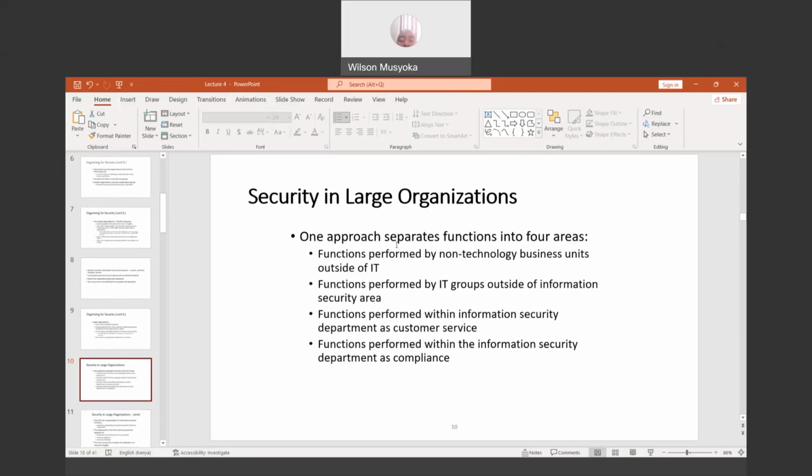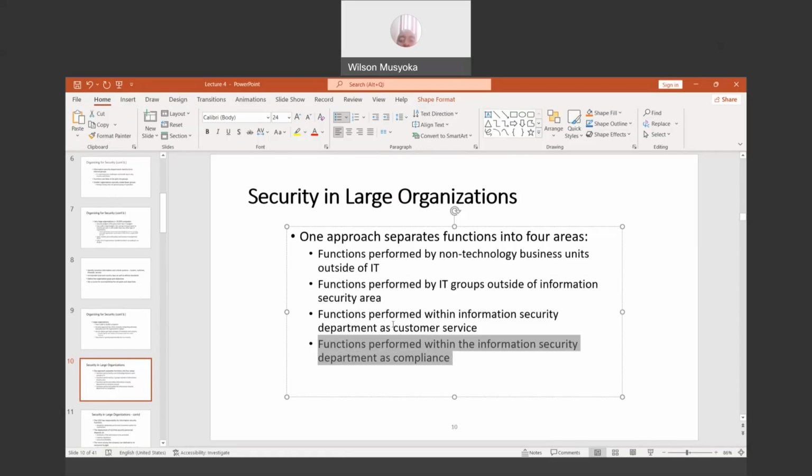So there are separate functions which are divided into 4 areas in large organizations. When you are looking at security policy, you want to ensure that the first area is: what are the functions performed by non-technology business units, those which are outside the IT departments. You also need to determine the functions that are performed by IT groups outside the information security area, then the functions performed within the information security department, and then the functions that are performed within the information security department as